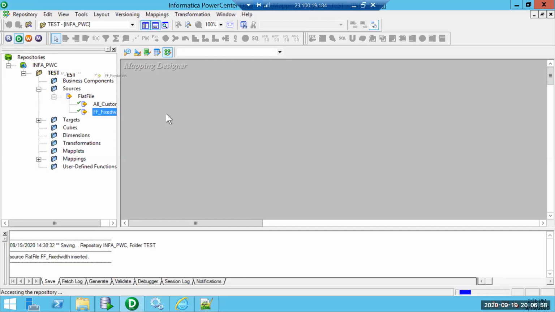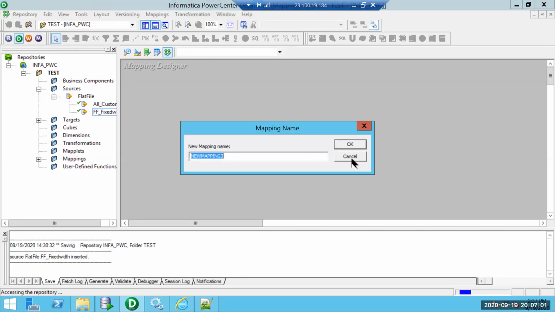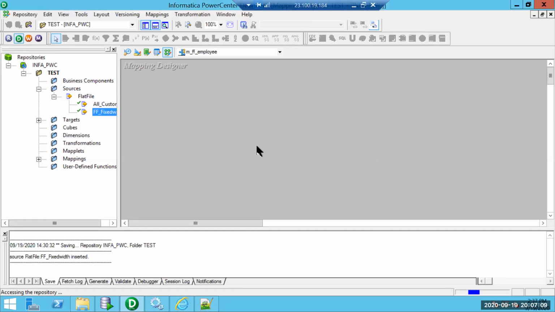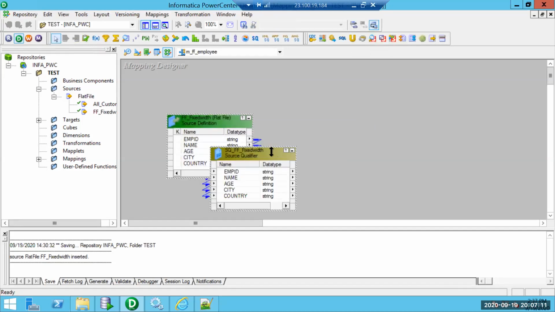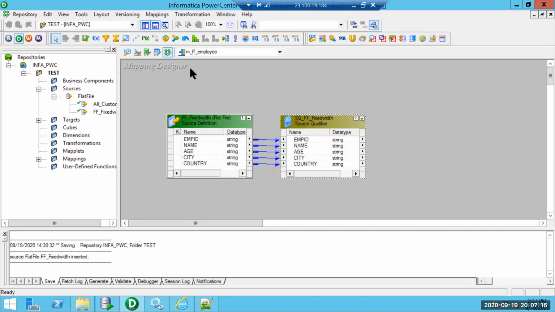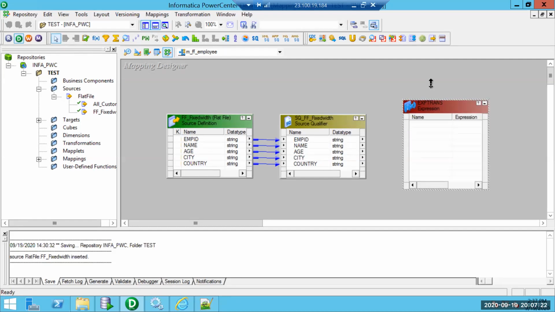So I am adding that flat file to my mapping. Let me create a mapping, m_flat_file_employee. Every source will be associated with a source qualifier. Now I'll have an expression capable of doing the trim as well as format conversion.